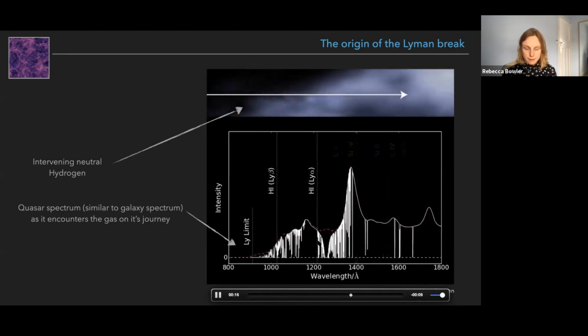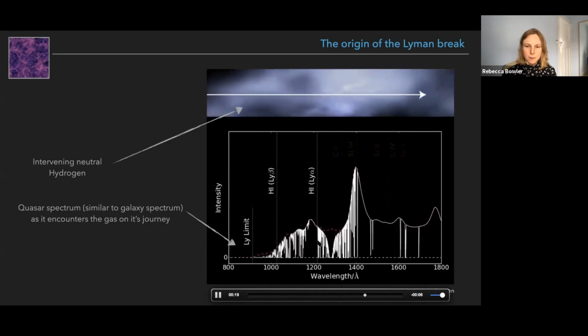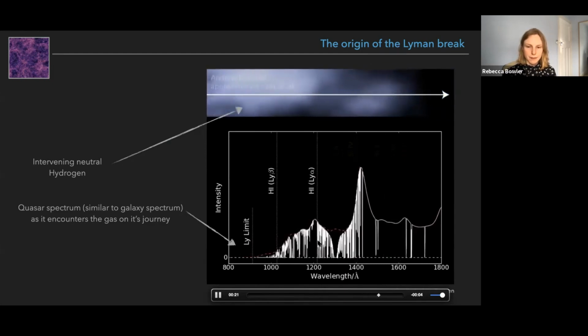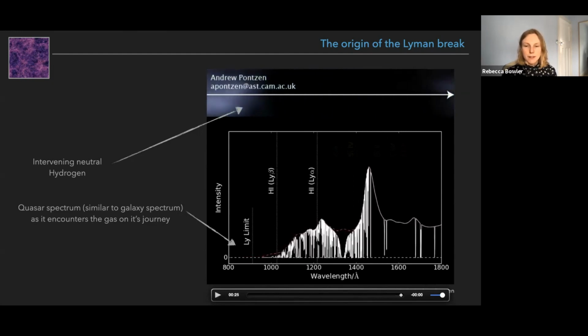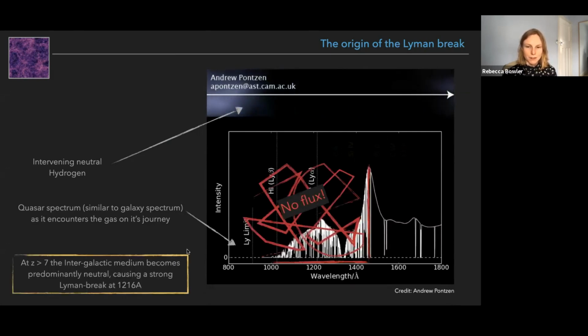The other key factor here is that as we go to higher and higher redshifts, we enter into this epoch of reionization. And within the epoch of reionization, there is a lot more neutral hydrogen than at lower redshift. And what this essentially does, apologies for the very poor drawing on this slide, is it completely absorbs all of the flux in the spectrum. And so you get a very strong step or break in the spectrum here. My scribbles here are just to show you that there's no flux once you go into the epoch of reionization.